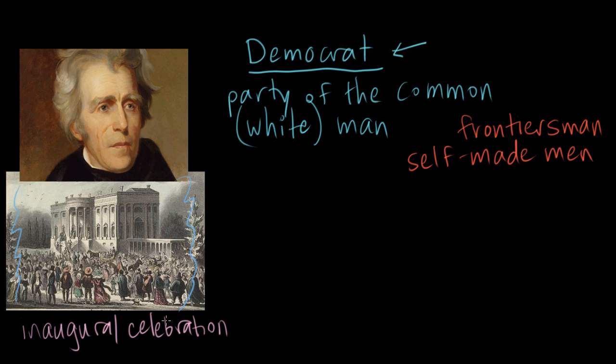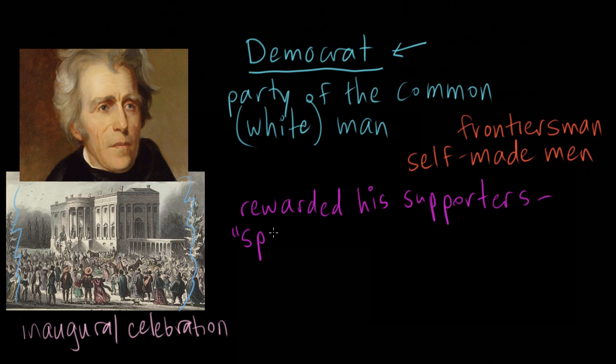And one thing that Jackson really did was he rewarded his supporters. He rewarded the people who had voted Democrat, who saw themselves as part of the Democratic Party, with government positions. And this is called the spoils system, along the lines of, to the victor go the spoils. So to reward the Democratic machine that had put him in office, he kicked out earlier office holders and rewarded